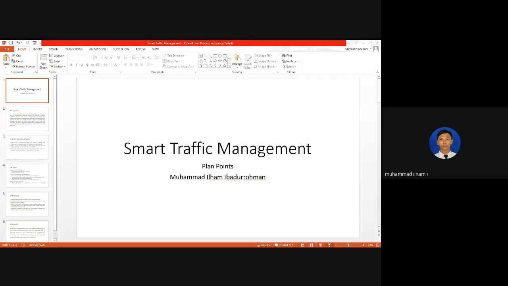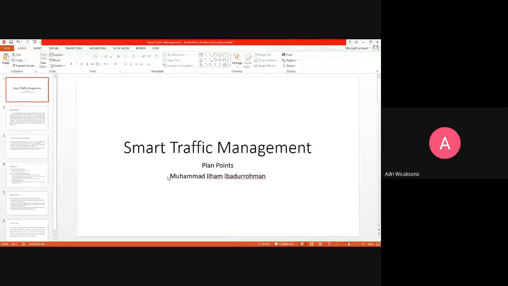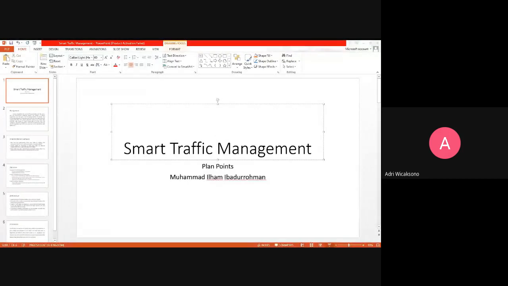Can you see? One is the editor, one is the presenting screen. Present first on PowerPoint, and then from Google Meet share that presenting screen, the other window.